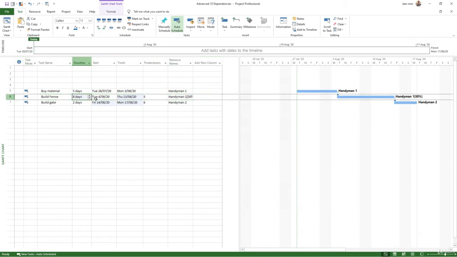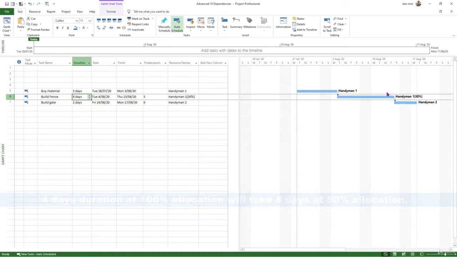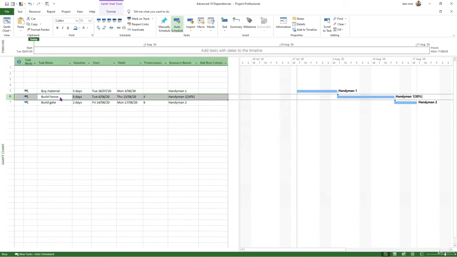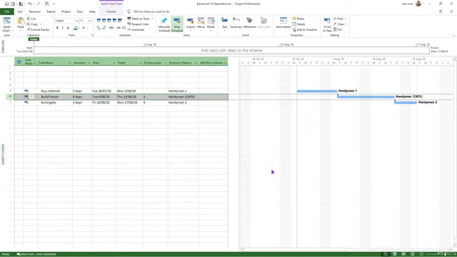The duration has doubled because he only works 50%. The effort was 4 days, so if he works only 50% of the time, then the duration extends. You can also type it directly in here, but this has strange symbols and it might take you longer. So the easiest way is to double click on this. Units, let's say back to 70%, click OK,